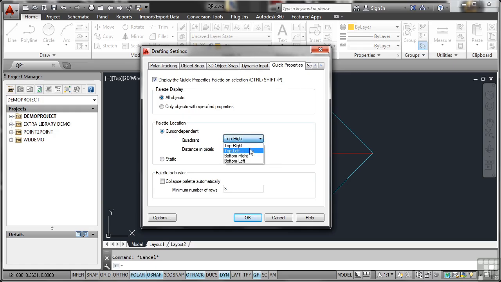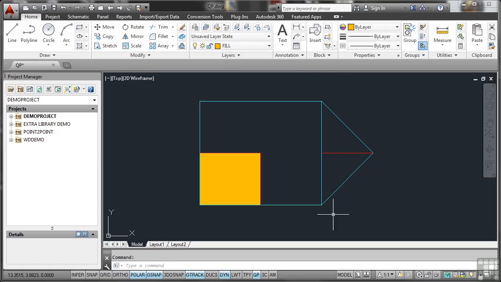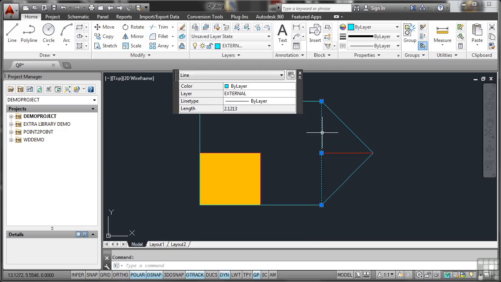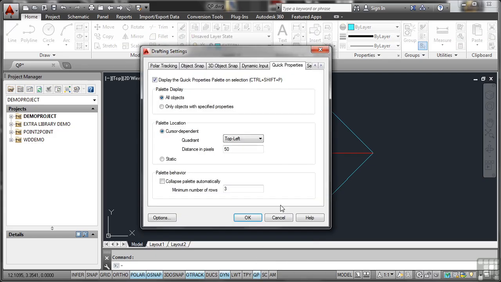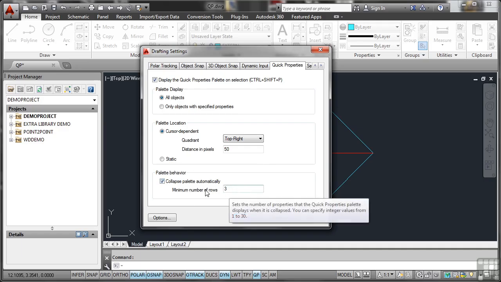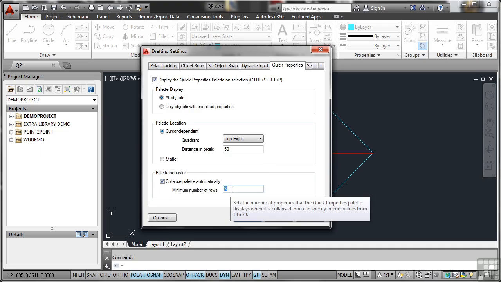If I change that to top left and OK that now, I'll go and select the same line with QP on and watch what happens. Can you see it goes to the left-hand side, 50 pixels away from the cursor where I clicked on that line. So what you can do is change the settings of when and where it appears. So if I right-click again and go to Settings again, I'll change that back to top right, which is what I prefer. We can also collapse the palette automatically and change the minimum number of rows, let's say to 4,